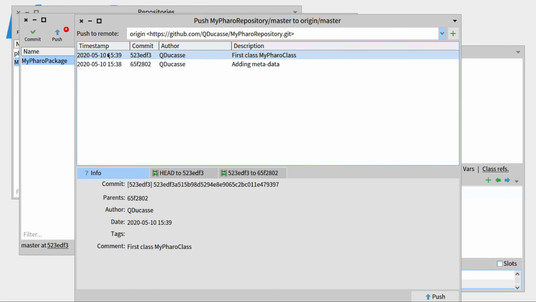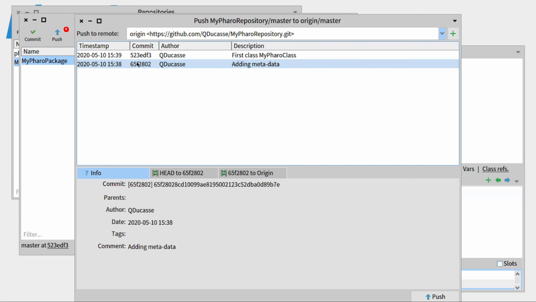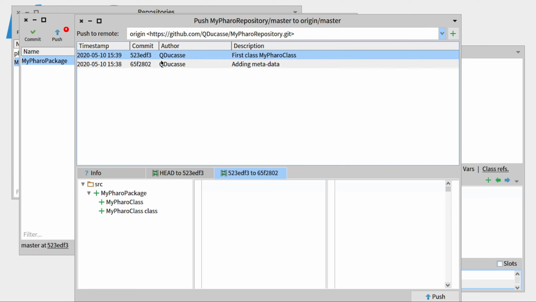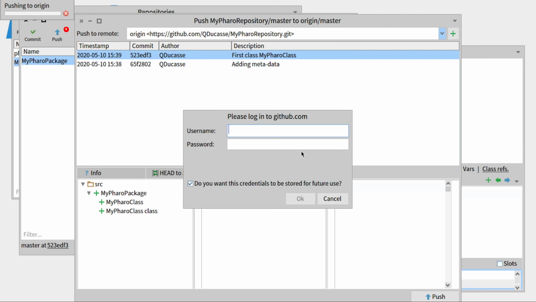So a window will open showing the different commits that you're actually going to push. You can look inside those commits. So for example, if we look, the difference between this one and this one is that we are adding the Pharo class within the Pharo package. So that's great. We'll just press push. So since we're using HTTPS, we have to provide the credentials.